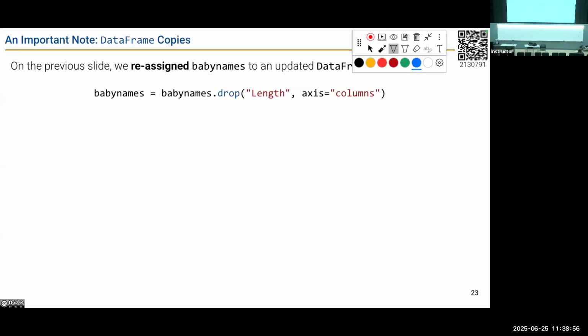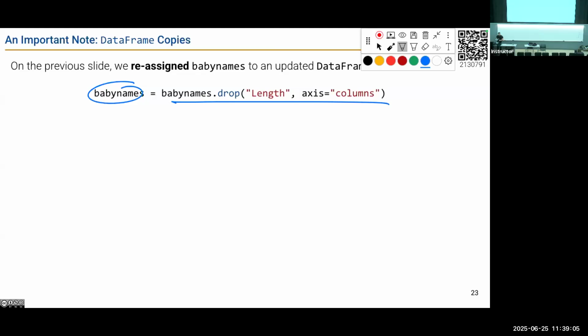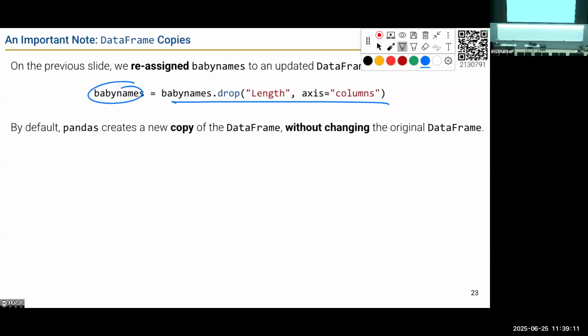Okay, so on the previous slide, we reassigned. This was that point I was making about copies before. We reassigned baby names to an updated data frame. Notice what we did. We dropped the length column, but then we reassigned back to baby names. We didn't just do .drop. Why did we do that? Let me show you.